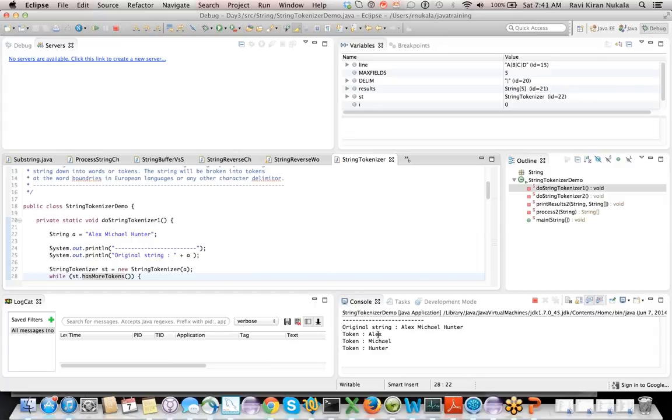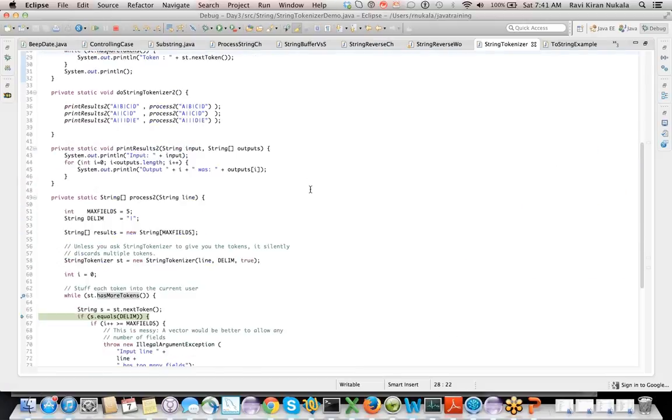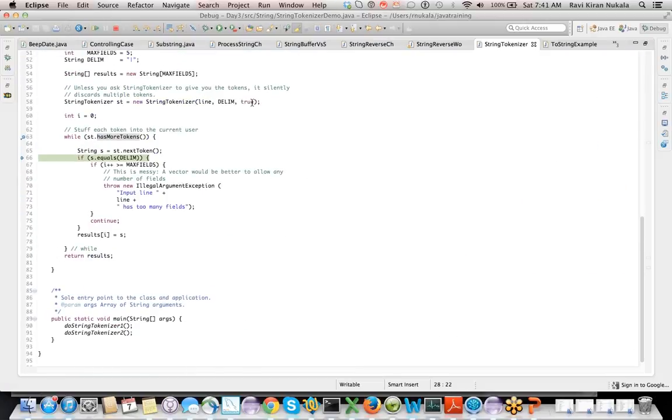Because it did not show a blank line. Are you guys following so far? It did not show a blank empty line after Alex, even though after Alex there is a space. If it had returned a delimiter, we would have got that space as another token, just like how we are executing right now. Right now we said return delim true. That's why it is returning the delimiters.